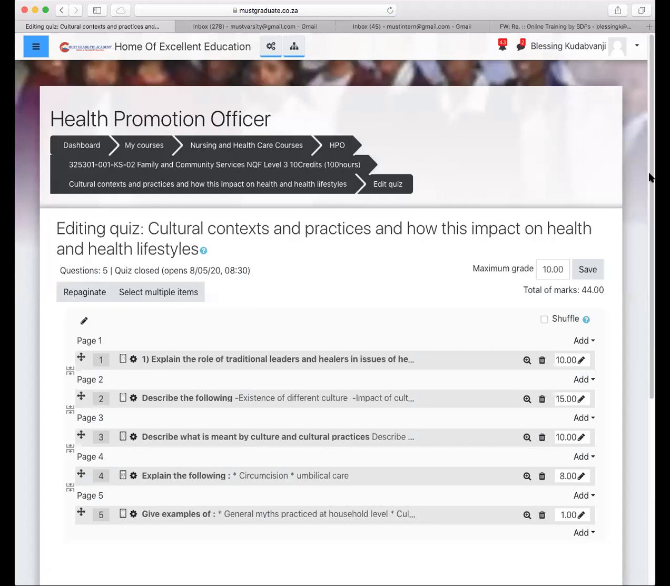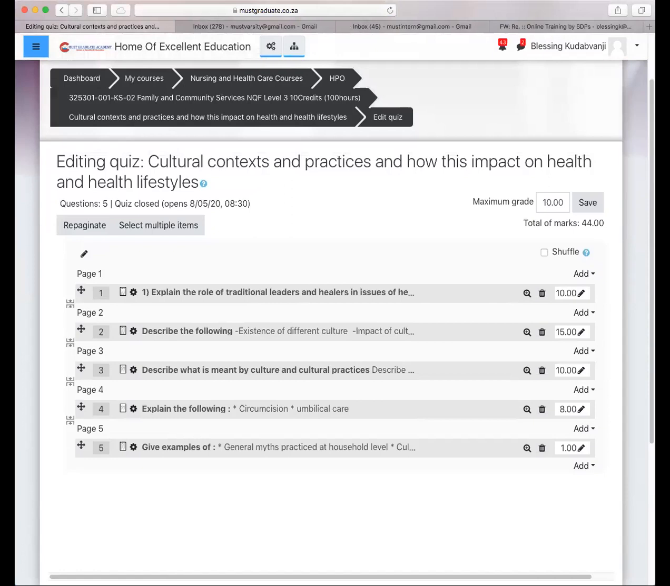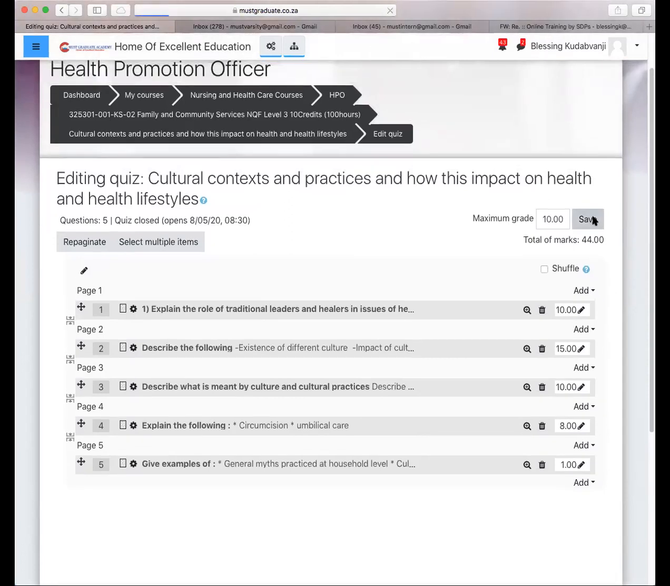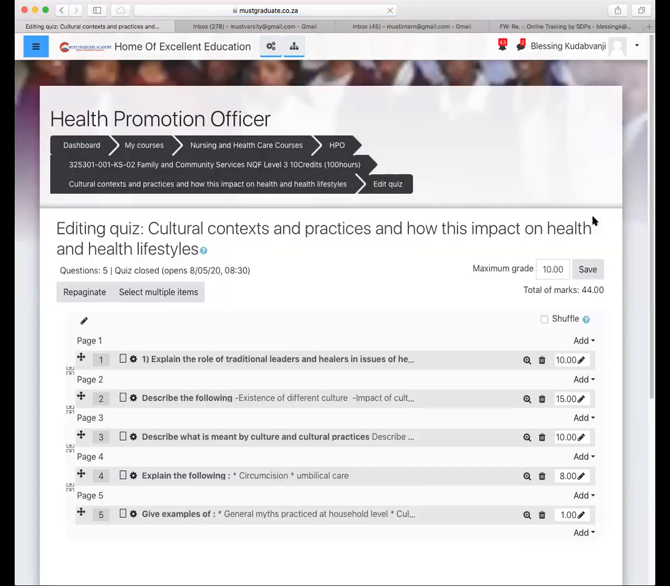So the questions are under the quiz, as you can see here, and save, right? So as you can see here, it will automatically calculate for you the total marks, right? For the whole quiz, which is 44 marks, right? Which has been added throughout the questions that you have been putting up, right? Okay, and